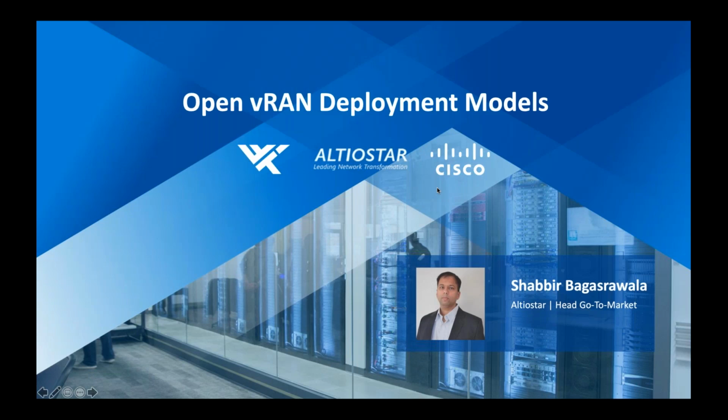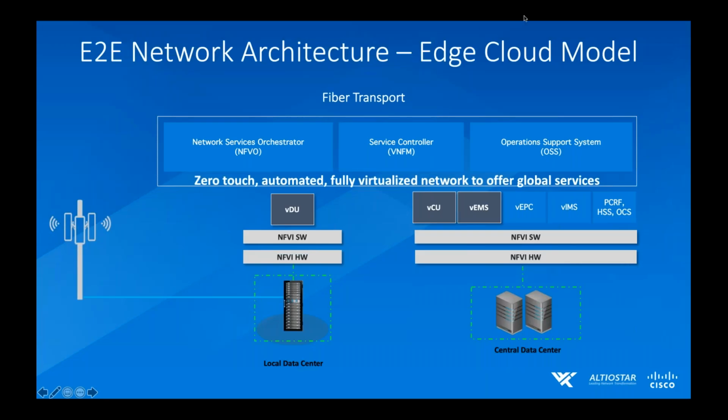So if we go into the details of this, what we'll see is that it follows the same architecture, right? So typically, what does Open RAN mean? It means that you have radios and you have your cell sites just like traditional RAN, okay? But then there is a complete transformation once you start going up the protocol stack, right? What happens is that with a virtualized RAN concept, you take your protocol stack and you virtualize it in the form of a VDU and a VCU.